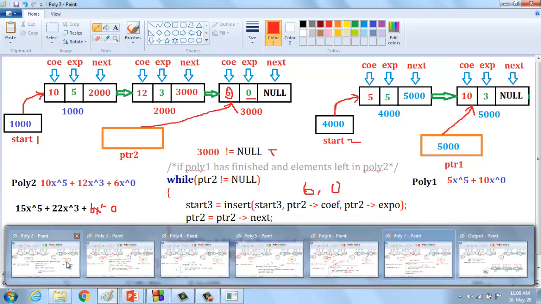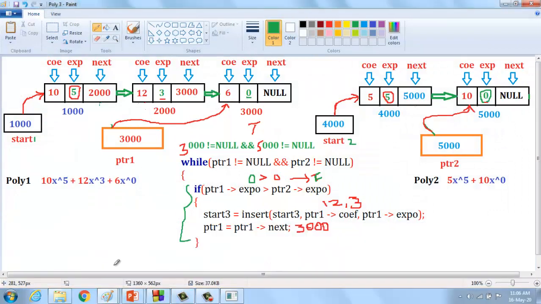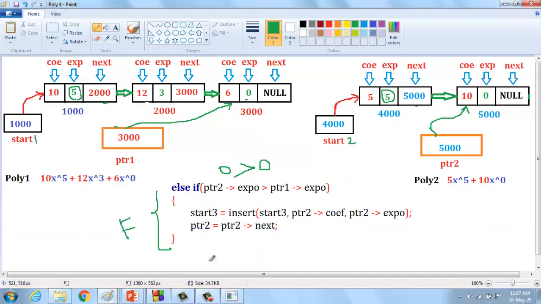Okay, if everything is over, again they are going to check the while loop. How am I able to check the while loop? So ptr pointing to, that is called ptr1 equal to ptr1 next. If this condition is not satisfied, they are going to move to the null pointer, or else ptr2 equal to ptr next going to move to the null pointer.